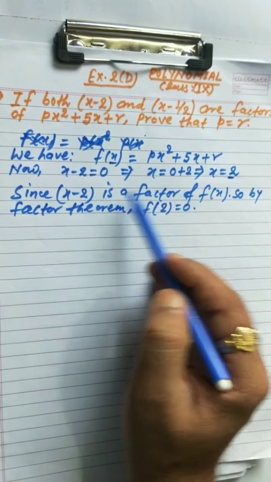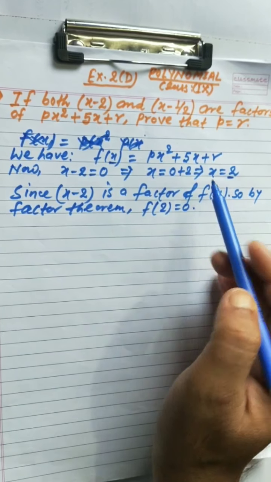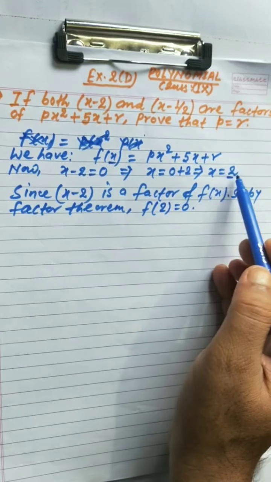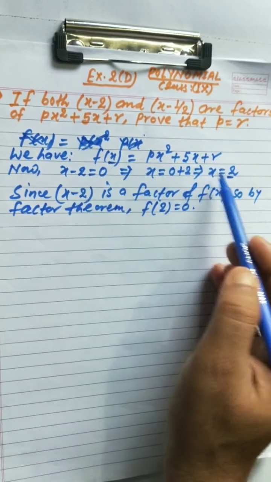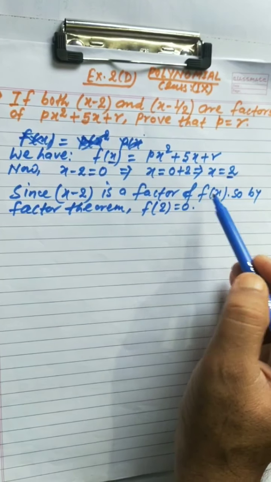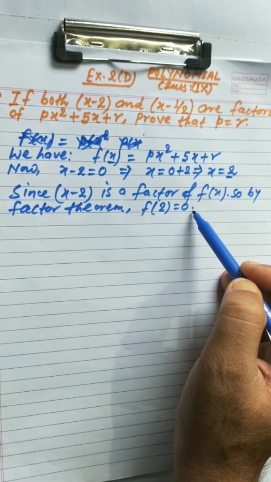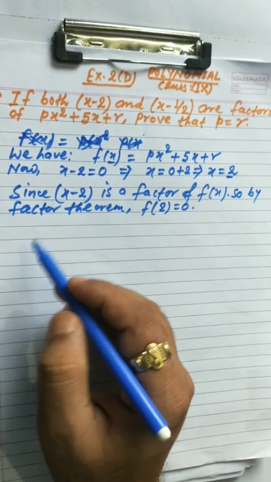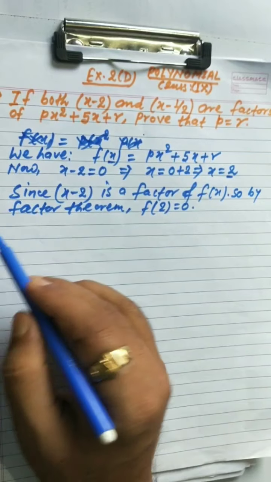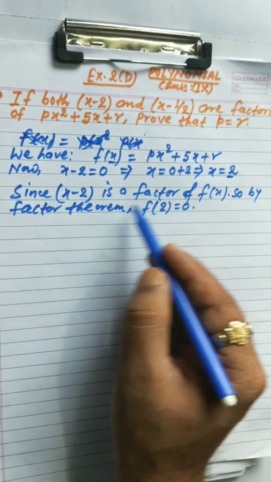अगर ये x माइनस 2 इस पोलोमियल का फैक्टर है तो x को, जो x का वैल्यू आया x माइनस 2 से, क्या आया, x बराबर 2, उसको x को रिप्लेस करेंगे अगर x इज इक्वल टू 2 से, तो उसका वैल्यू 0 आना चाहिए. ये फैक्टर थ्योरम कहता है, जो हम लोग पढ़ चुके हैं पहले. तो यहाँ पे